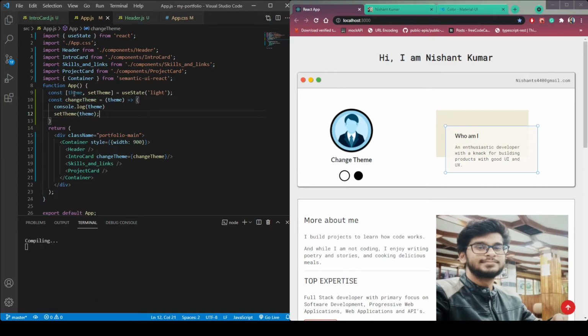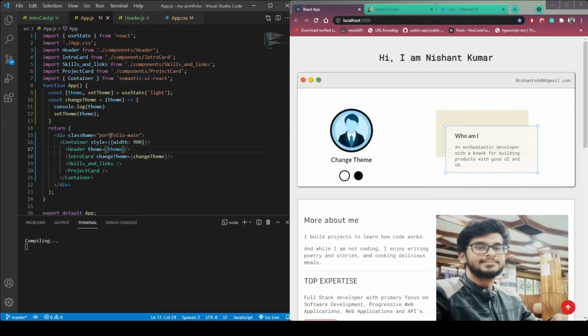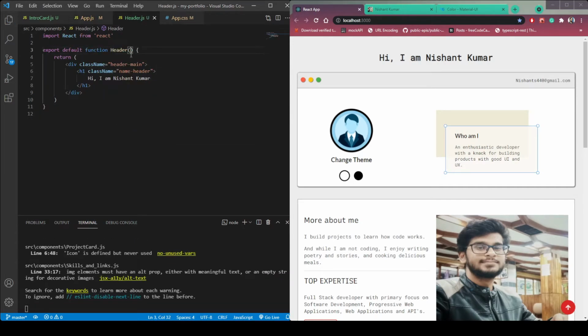Now pass this theme variable inside this header as props, and then receive it in the header. Now as you can see, our header, which is right now black, let's change it to white for this dark theme.